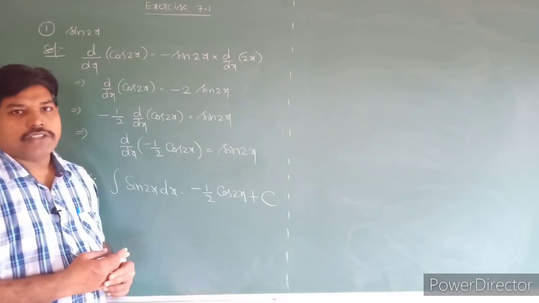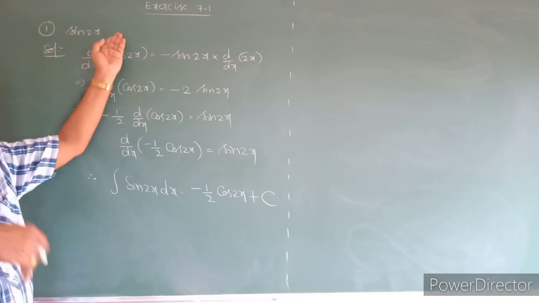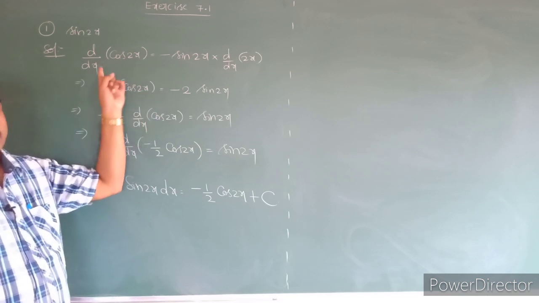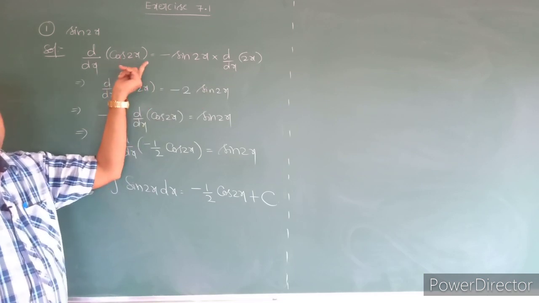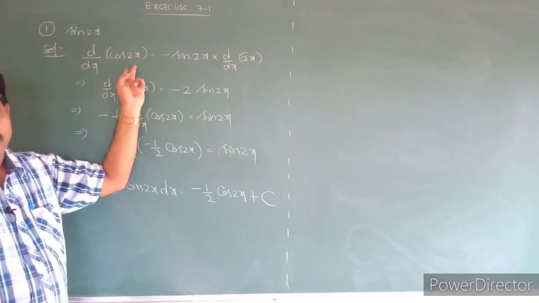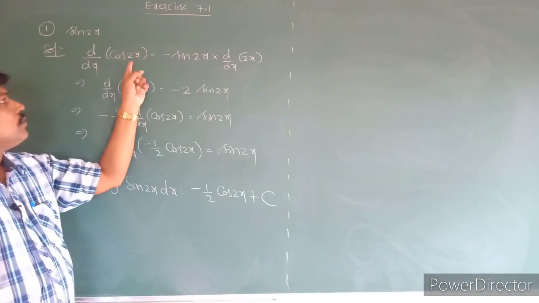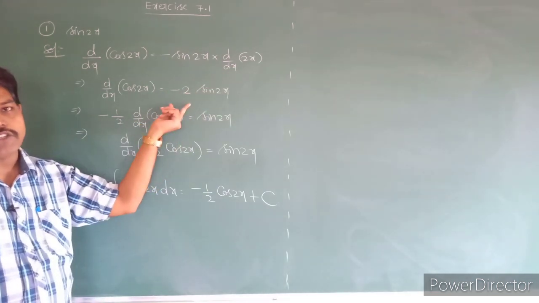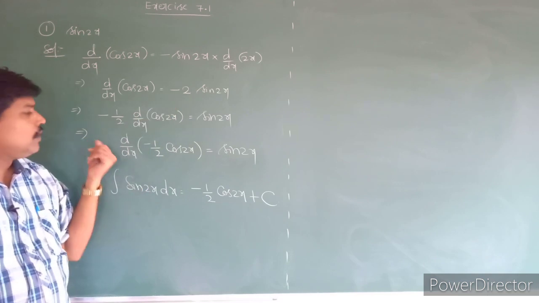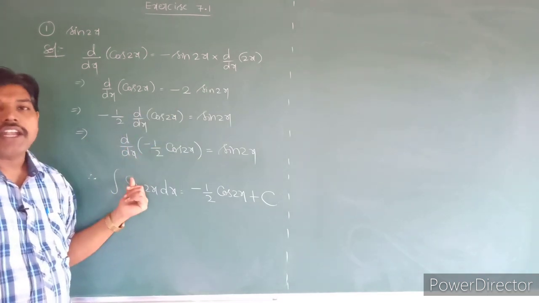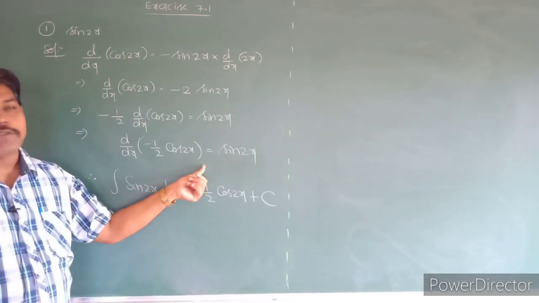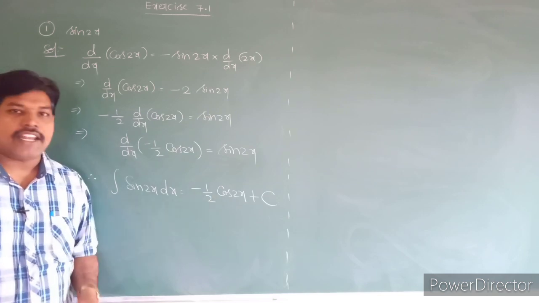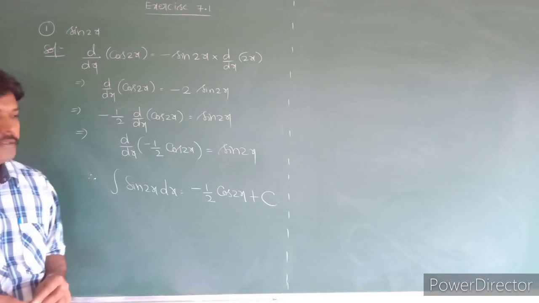So what is the inspection method? First we have to take that sin 2x. It is the reverse process, so that's why we started with cos 2x. Derivative of cos 2x: derivative of cos is a minus sign, but it is not x, it is 2x. So other than x, if you have any function there, you have to differentiate that function once again. 2x derivative is 2, so minus 2 into sin 2x. Take this minus 2 to this side, it will become minus 1 by 2, and take this minus 1 by 2 inside. Derivative of minus 1 by 2 into cos 2x is sin 2x. So automatically integral of sin 2x into dx is equal to minus 1 by 2 into cos 2x plus c.